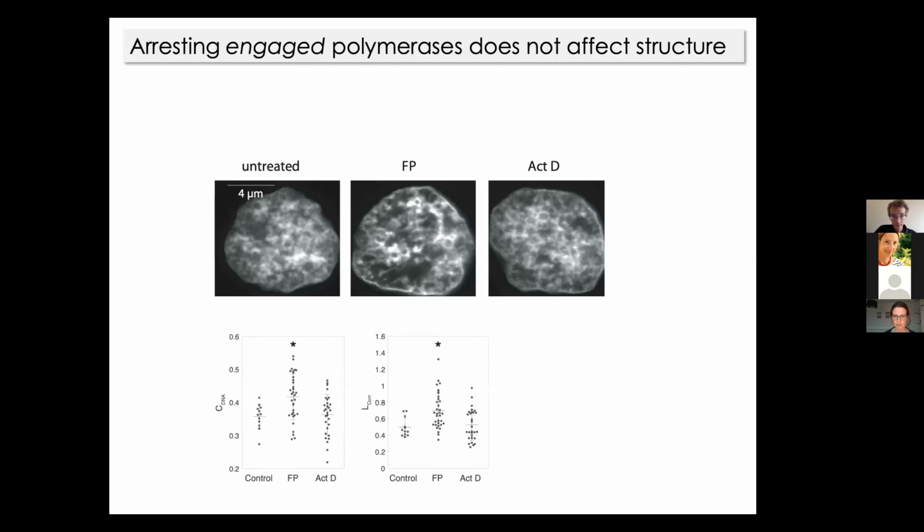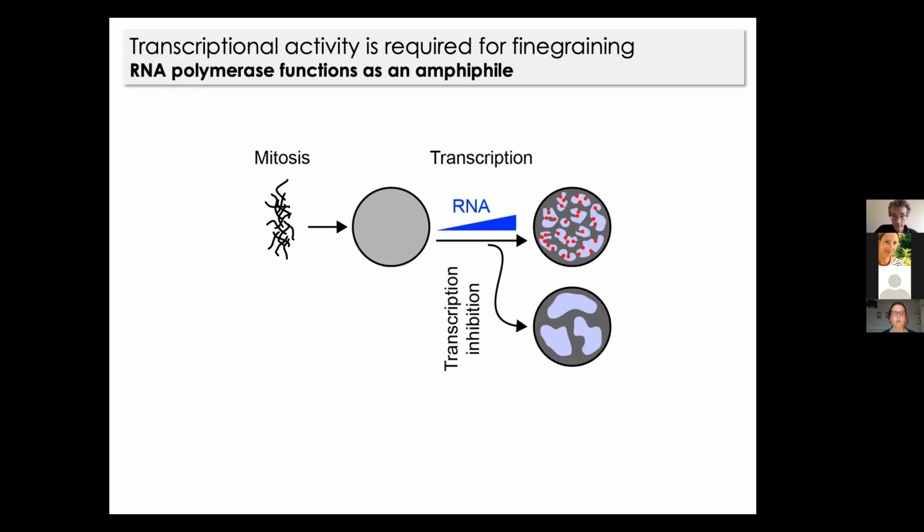Okay. And here you can see the quantification of this. So both image contrast and correlation length, which is another measure that we use to look at DNA structure, are increased in the presence of flavopiridol, but not in the presence of actinomycin D. Okay, so we conclude that transcriptional activity is required for the fine graining of euchromatin structure, and the function of RNA polymerase is to create an interaction between the two phases that tend to segregate. I'll get back to this in a second when we will discuss the model that we built based on this